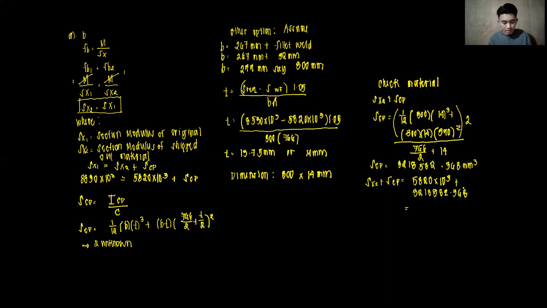Divided by 300, 397. Ayan, it's correct. So I will have there,